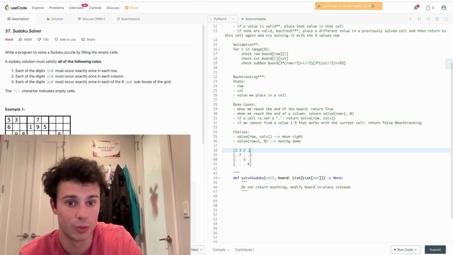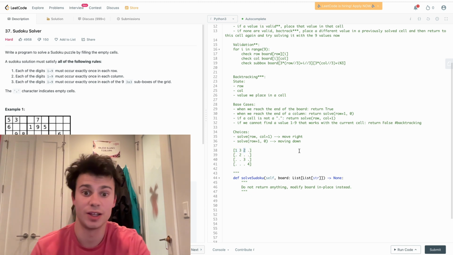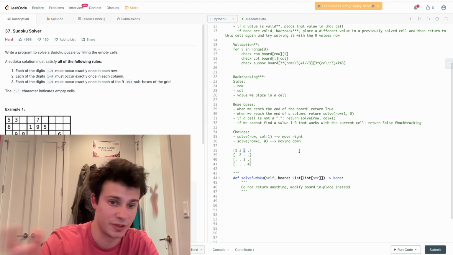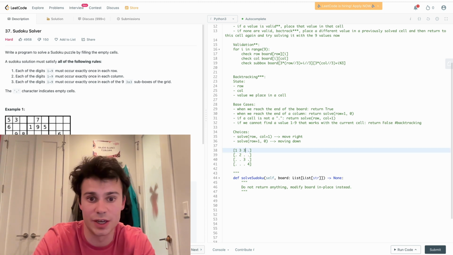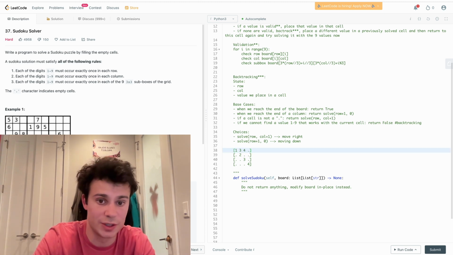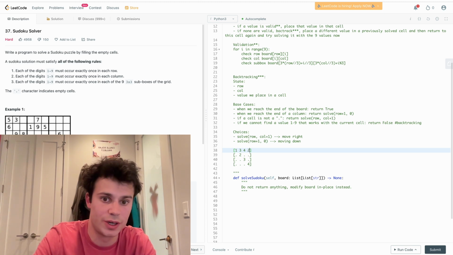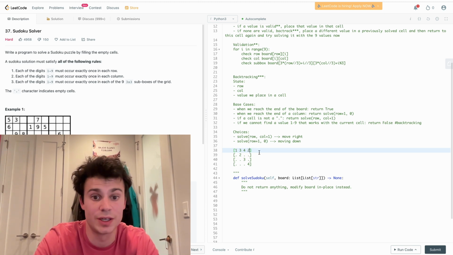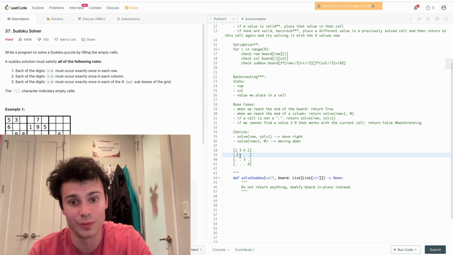We'll reset this to a period, and we'll go back to the last solved cell. And now we're going to try 3, since we've already tried 1 and 2. That's not going to work. Then we'll try 4. That does work. So we can move back to this cell, and we're going to try 1. That's not going to work. 2 will work. So now, because we're past the end of the column, we can go to the